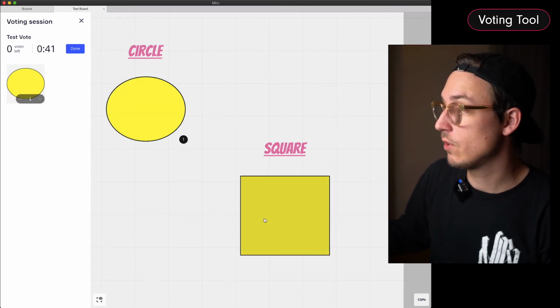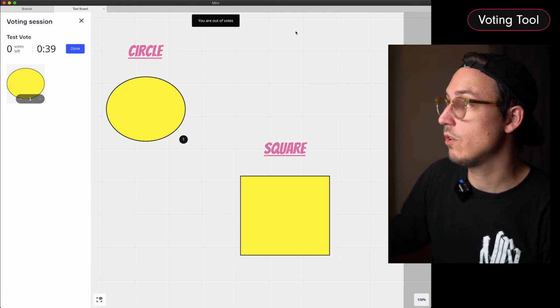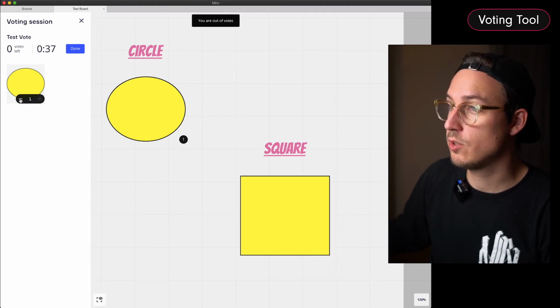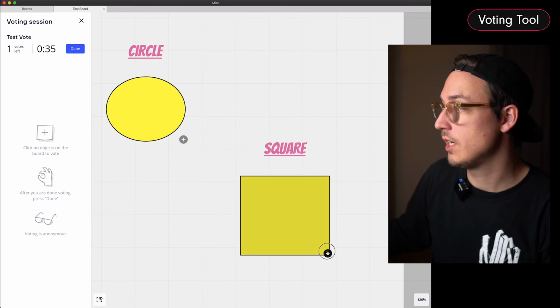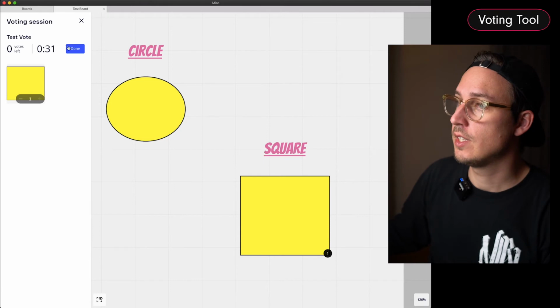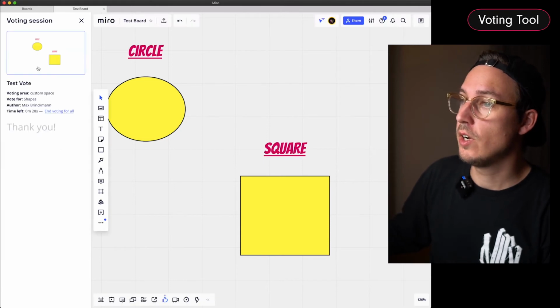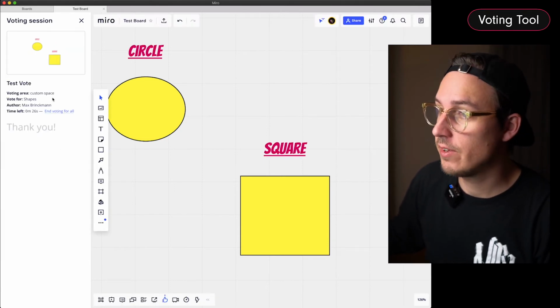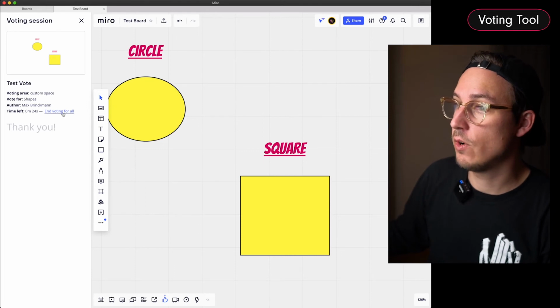the circle. Of course, I cannot vote anymore. It says you're out of votes, but I can of course change my vote. I can remove it here and say, oh yeah, I wanted to vote for the square, so that's it. Let's say done, and now I'm back at the admin interface here, so I can end the voting for all,